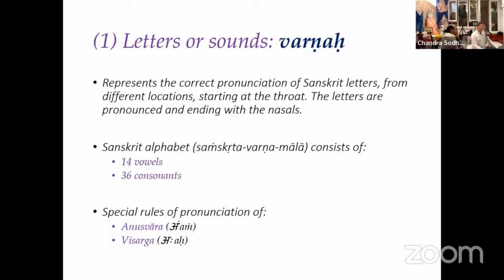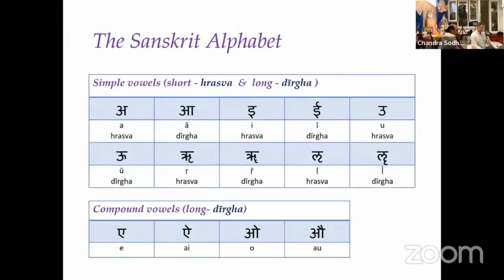varna represents the correct pronunciation of Sanskrit letters. The syllables are formed throughout the vocal apparatus, starting from the throat and the nasal cavity. There are 14 vowels and 36 consonants in Sanskrit, and special rules of pronunciation are applied to Anusvara and Visarga. So when we speak about the vowels, there are simple vowels like a, i, u, r, l, of different